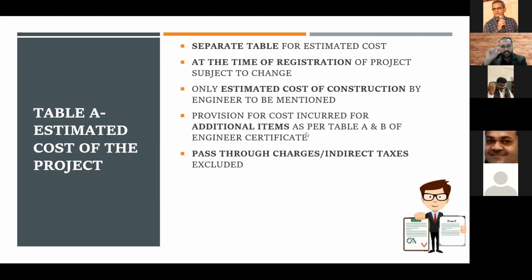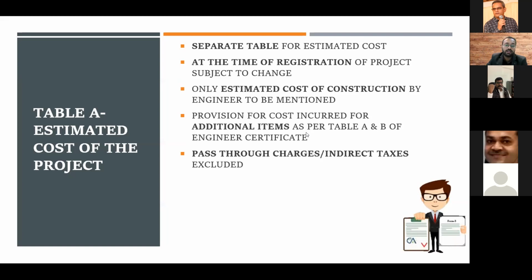They had clarified it in the 2017 circular also, that pass-through charges or indirect taxes you don't have to include in your certificate, because that can be obtained in another bank account. No need to collect it in the Rera bank account. You can collect it separately and deposit whatever charges are there, electricity and all those things, and maintain a separate record. But if you observe the rules, you have to give the proper record to the association of the allottees. You need to give the bifurcation. So that responsibility is there, but no need to include that cost in this.